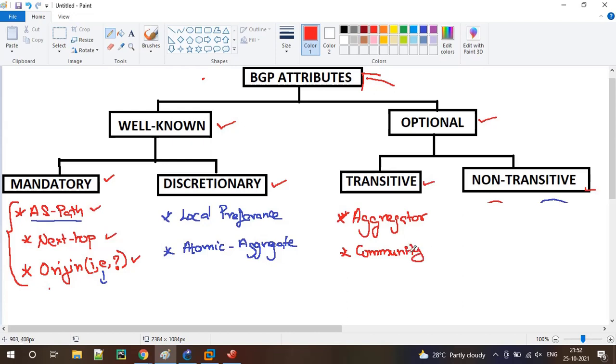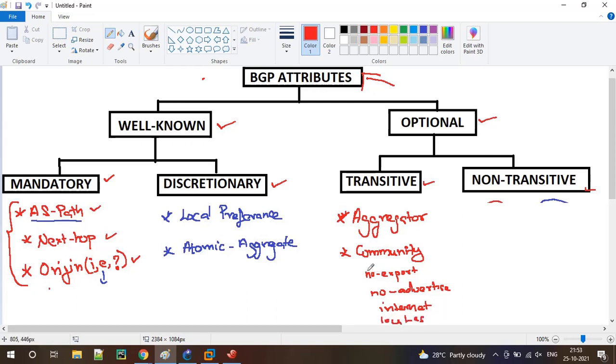We will use community values for path manipulation, and we will do a lot with communities. Under community we have predefined values like no export, no advertise, internet, and local AS.